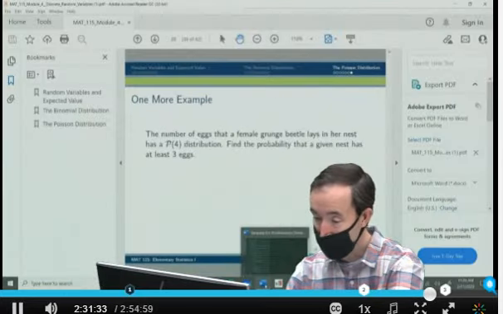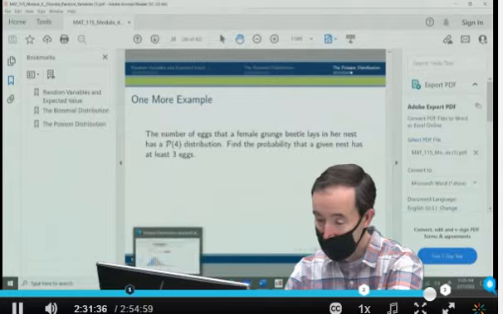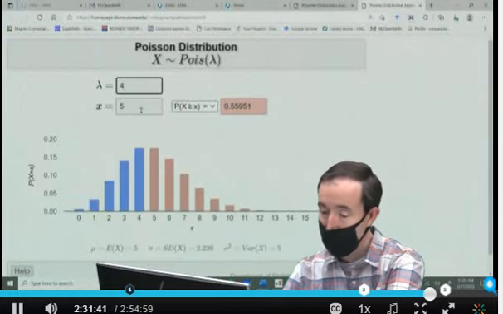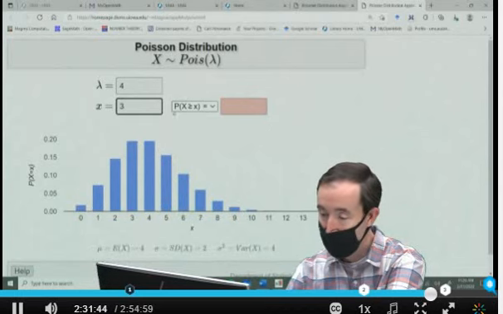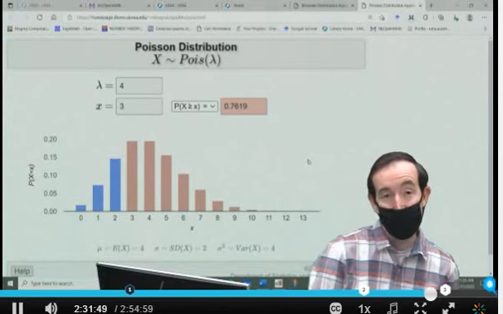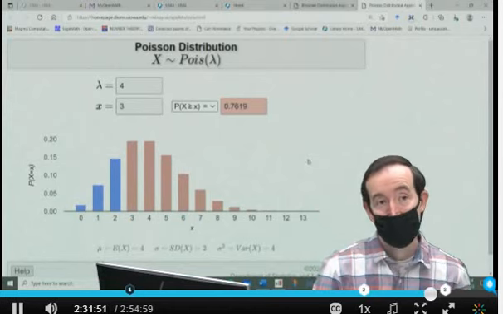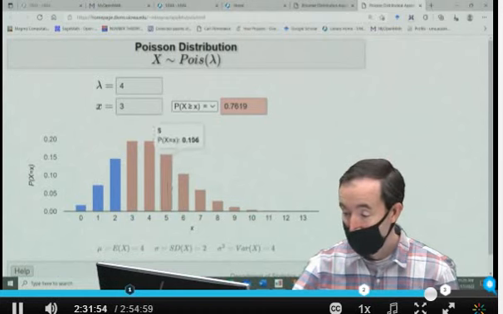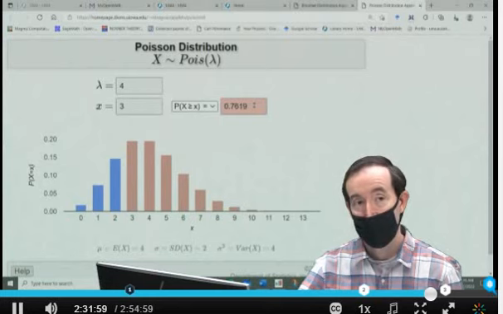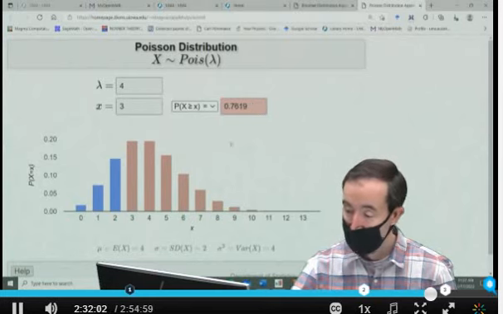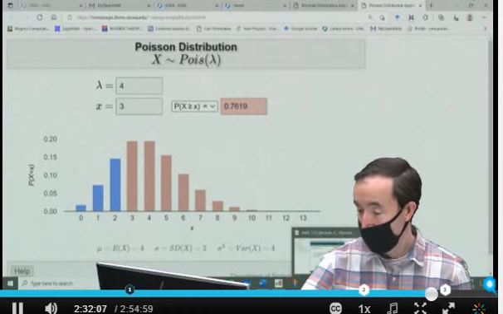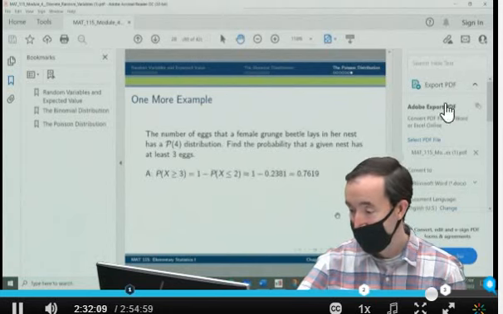Let's see what Bogner's calculator gives me. So P of 4, and I want at least 3. My parameter is 4, and I want at least 3. There we go, 3, good. And you can see from the visual that it is including the at least 3 cases. Each of these pink, red bars contributes to this pink, red box. And so that's 76.19%. Make sure that matches the slides.